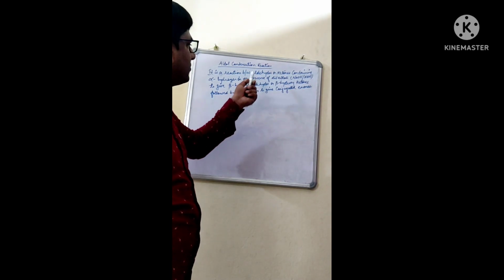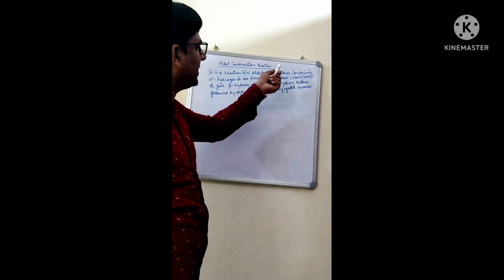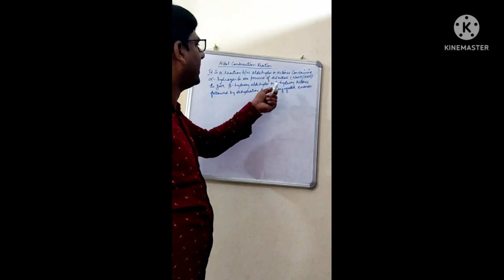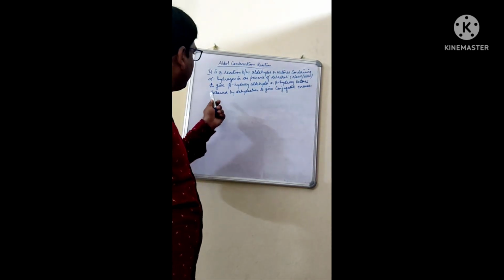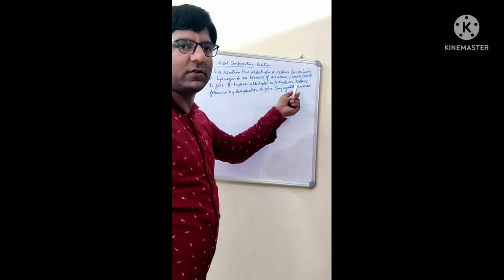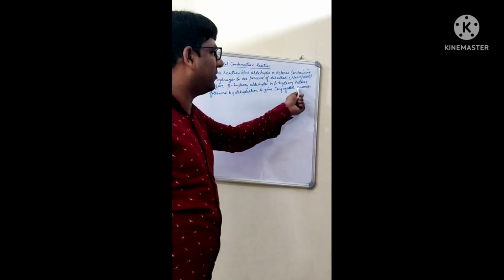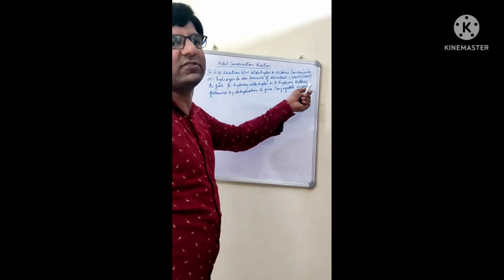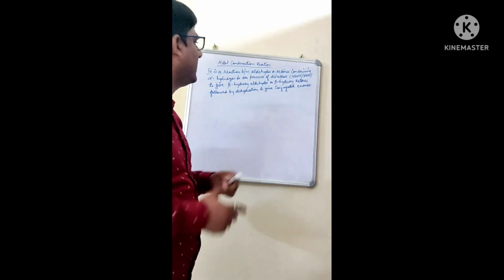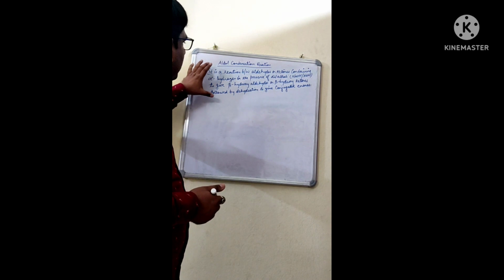Means if you are taking the substrate as an aldehyde, you will get the beta hydroxy aldehyde. In the same way, if you are taking the substrate as a ketone, you will get what? Beta hydroxy ketones. Now followed by dehydration to give what? Conjugated enones. Okay, enones means it has a double bond because this is the alkene, double bond, and one means the carbonyl functional group will be there. Correct? Now this is the Aldol condensation reaction, and you need to remember how it is.